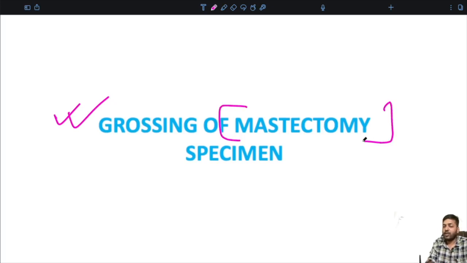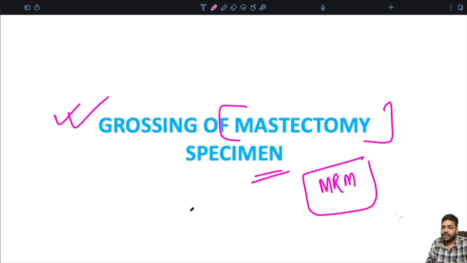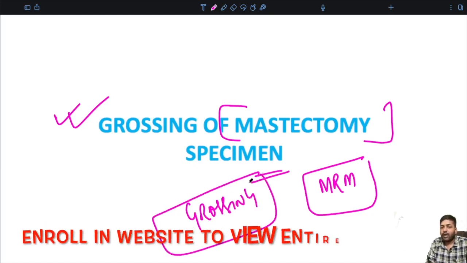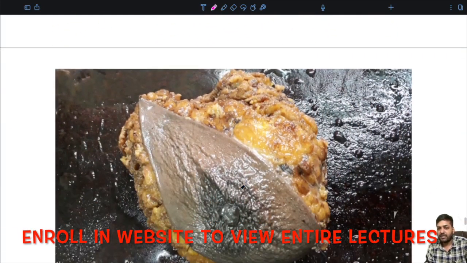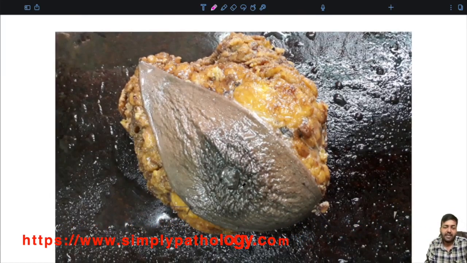Now, most importantly, we are going to see the grossing of the mastectomy specimen. Most commonly we receive the MRM specimen, and most commonly this is kept in your exams for grossing purposes. So let us look at the grossing of the mastectomy specimen. This is how a mastectomy specimen looks. Now